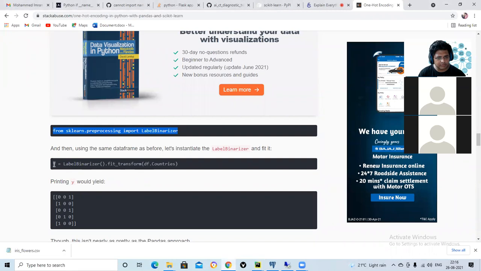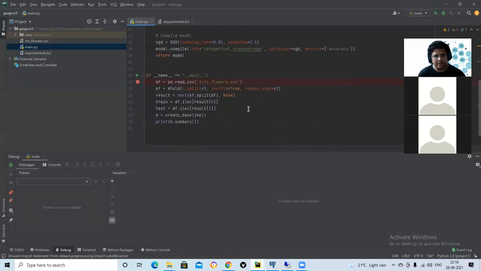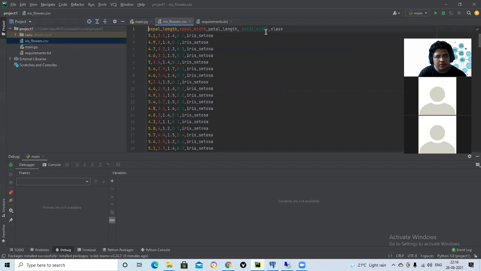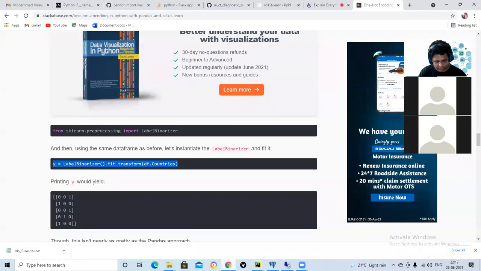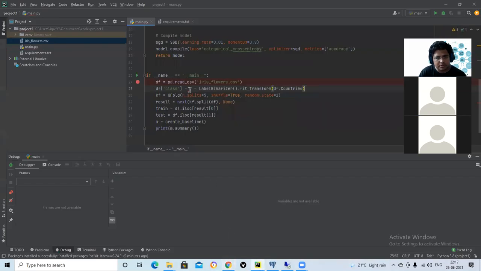And then we will label binarize the class column: df class is equal to label binarize df dot class.